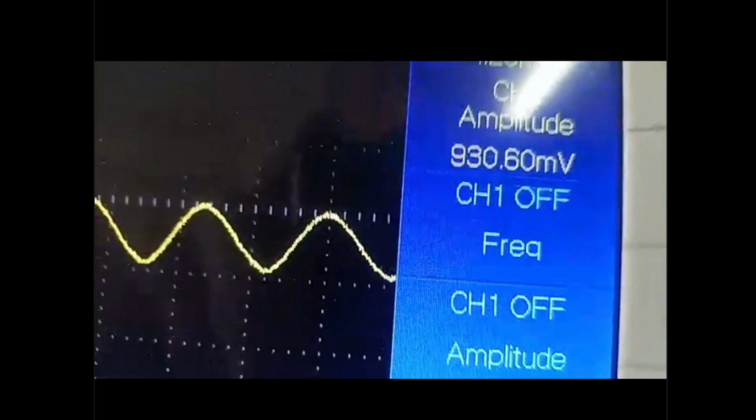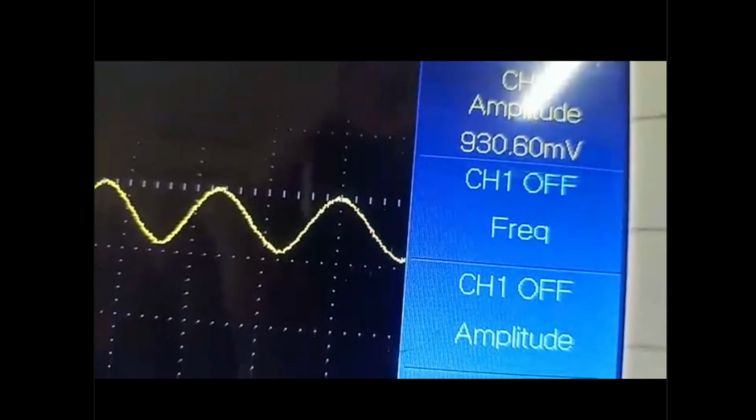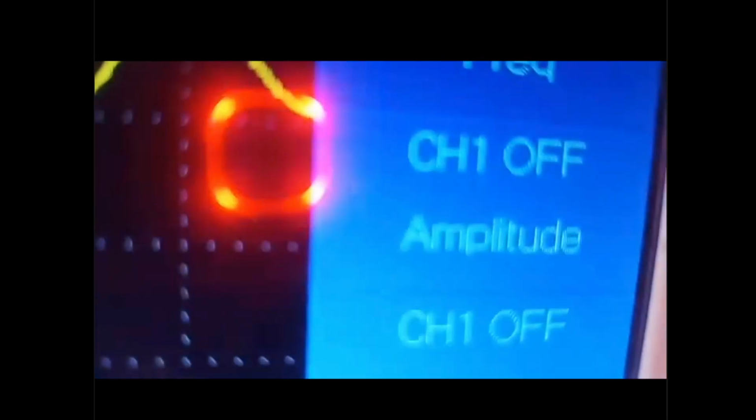Okay, channel number 2, and the amplitude is 930.60 millivolt. Okay, channel 1 is off. See, written here, CH1 off. It means it is a dual channel where we are right now taking input from channel number 2 and channel number 1 is off.